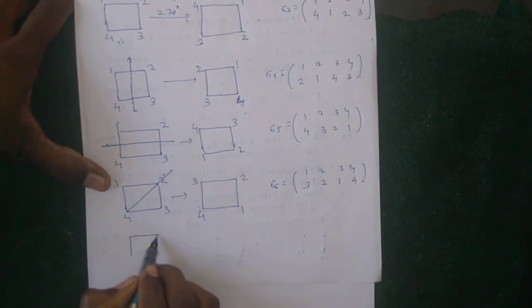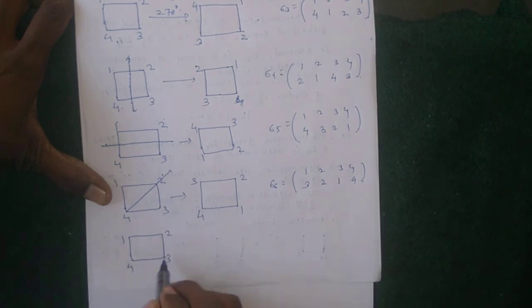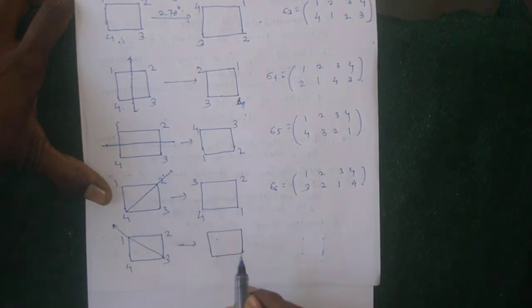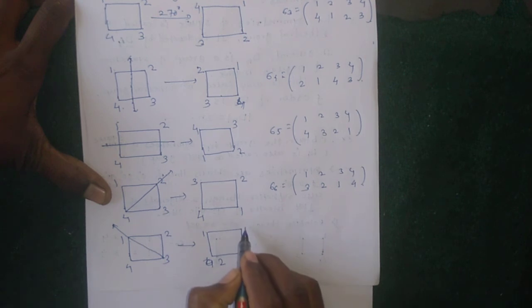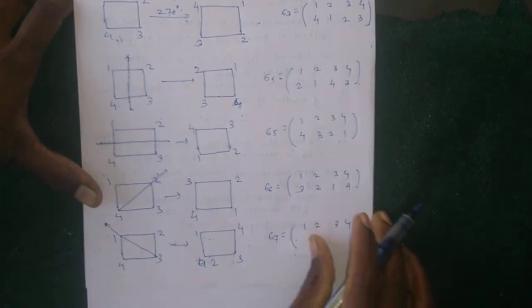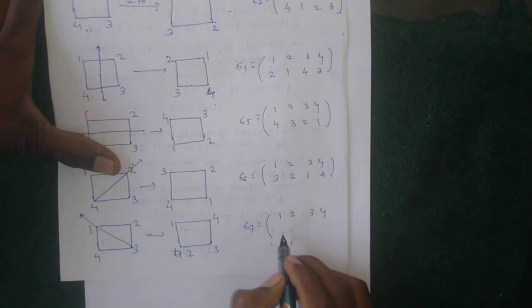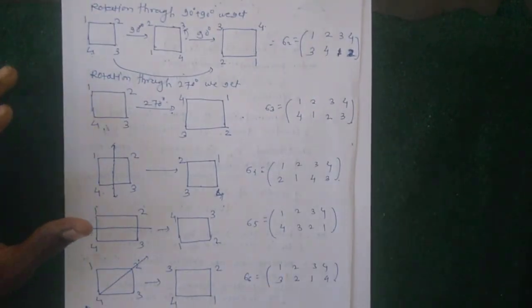Then next, bisect at 3. 1 2 3 4. Bisecting this triangle, only the values of 2 and 4 change, while 1 and 3 stay as they are. Therefore sigma 7 equals 1 2 3 4, where 2 has value 4 and 4 has value 2, and 1 and 3 stay as they are. This is the seventh permutation, and together with the identity permutation, D4 contains these 8 permutations.